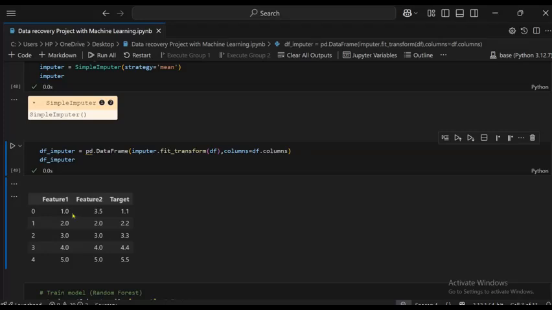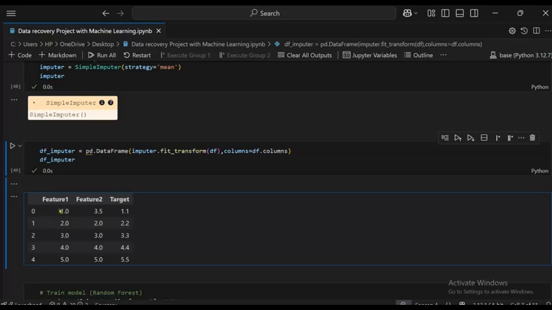So feature 1 had a null in the third position, and it gives 3.5. The target also had a null in the third position, and it gives 1.1, so it gives similar data. Imputer is mainly used for filling null values as well as giving similar data.